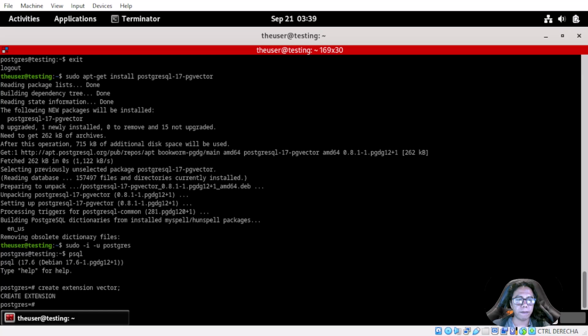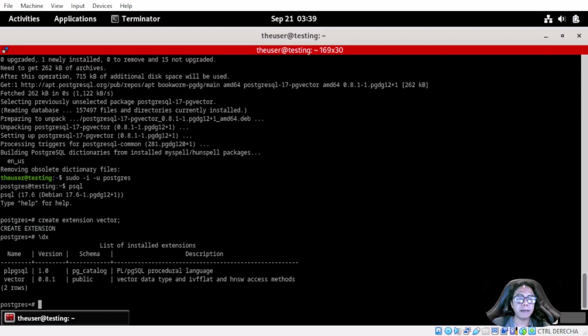The output is CREATE EXTENSION, and we need to see which extensions we have installed in Postgres at this moment. We can see in this case that we have the PL/pgSQL procedural language, and also we have installed the vector data type and other things.